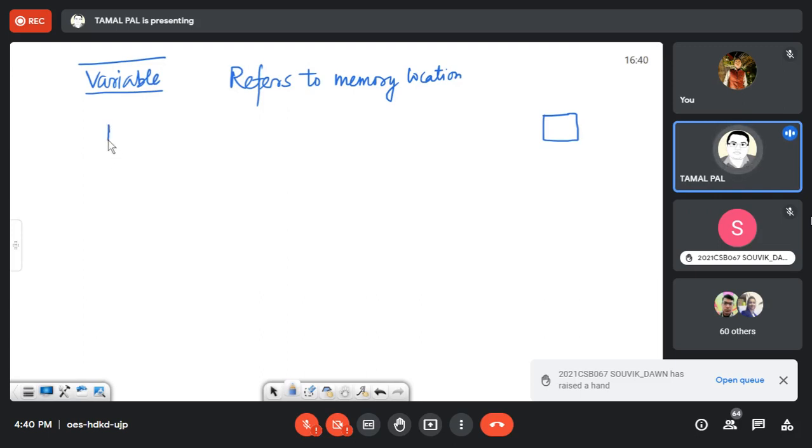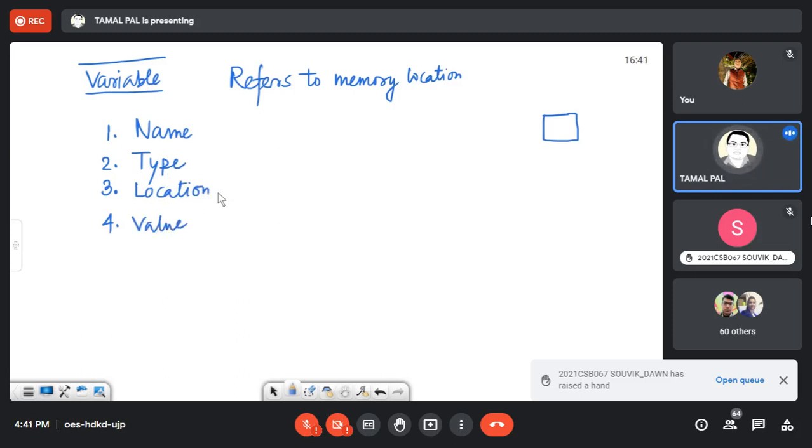Before getting into the syntax, let us discuss some properties of variable. Unless I discuss this type of thing, we cannot understand the meaning of the program, especially if you are learning C language for the first time. Name of the variable, type of the variable, location of the variable, and value of the variable.